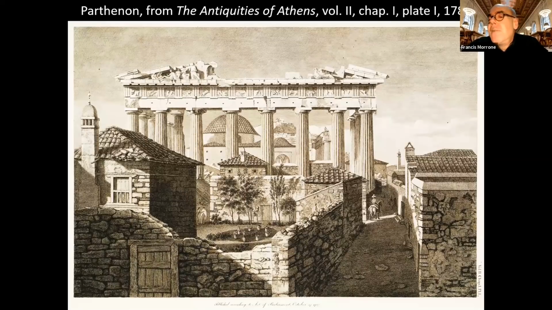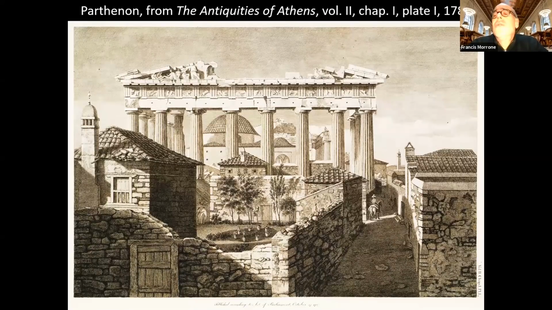The people, first and foremost, whom we have to thank for our understanding of what the Parthenon is really all about, were a couple of Englishmen in the 18th century, James Stewart and Nicholas Revet or Revit. You will hear his name pronounced both ways. Americans tend to say Revet, English tend to say Revit, but however that may be, let's call him Revet just to make things easy.